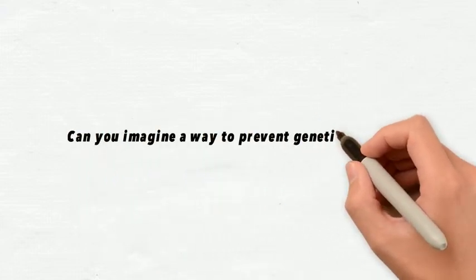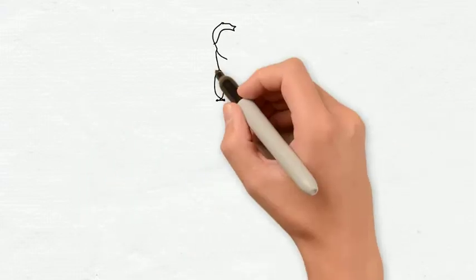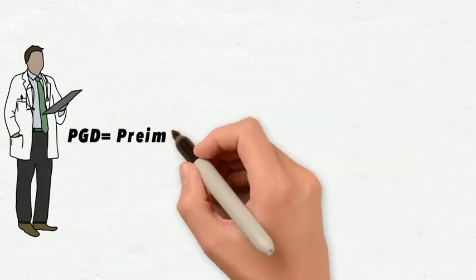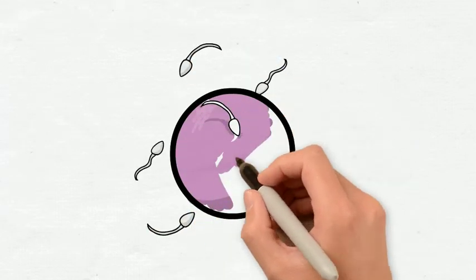Can you imagine a way to prevent genetic diseases? PGD is an abbreviation of preimplantation genetic diagnosis, a scientific procedure that can help the detection of many genetic alterations